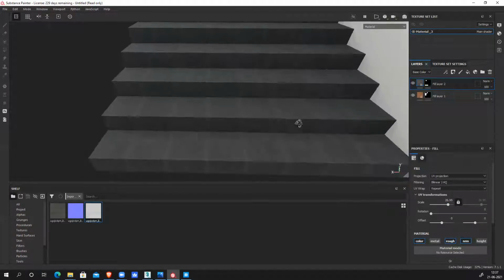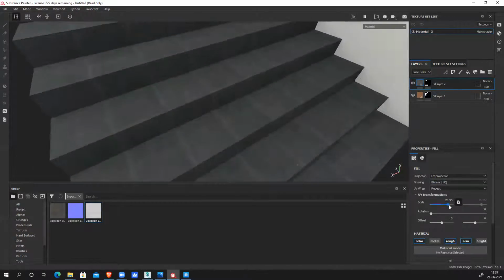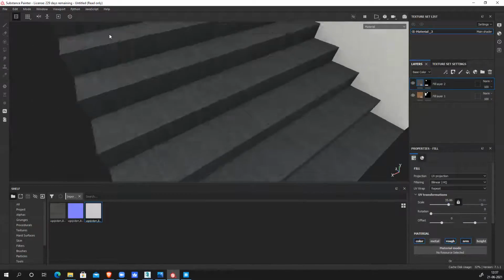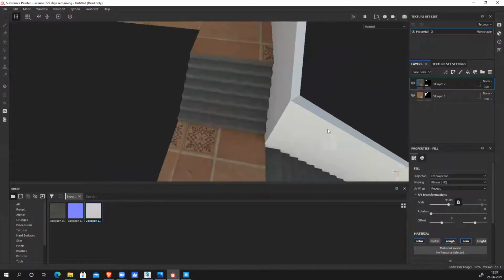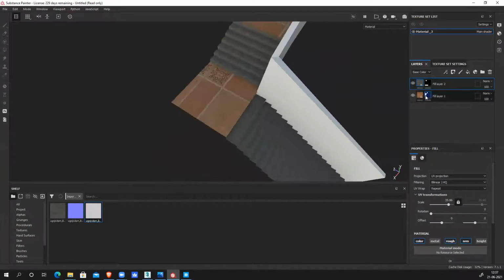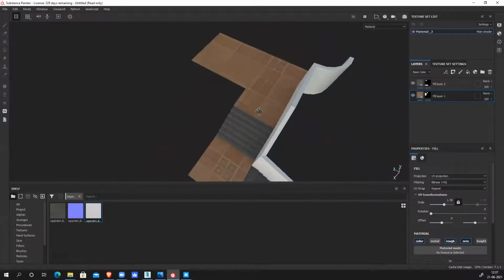I can control this tiling very easily with the help of this overall. Similarly, for this also, I can control this with the help of tiling. This looks much better.